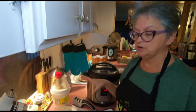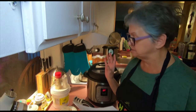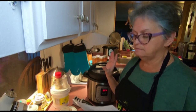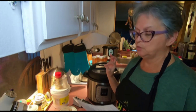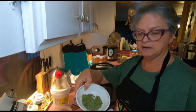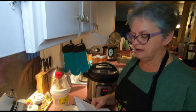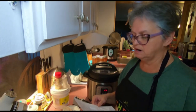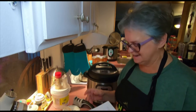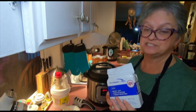This is for just a fresh herb batter bread. Mine is going to have parsley, thyme, oregano, and a little bit of chive. And I've just got that all mixed here. And I'm going to put my other ingredients together. It's pretty easy, I think. So give me a minute to measure out my other ingredients, including yeast, which I really don't